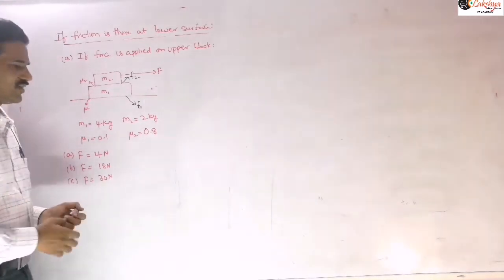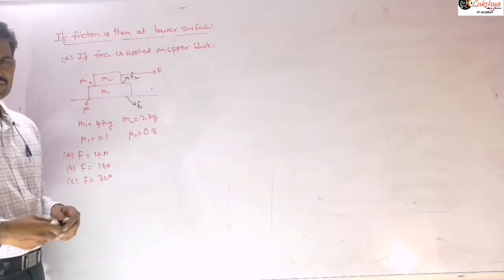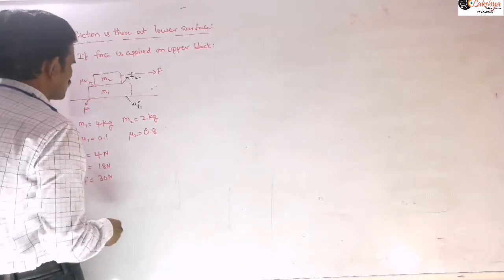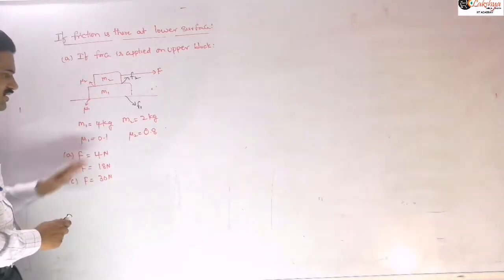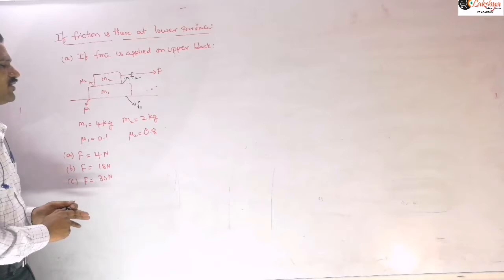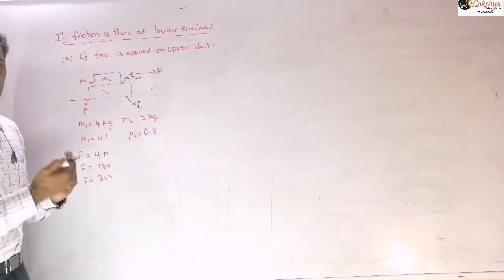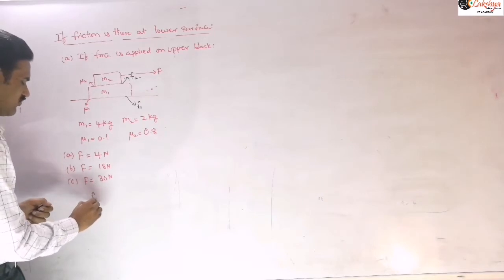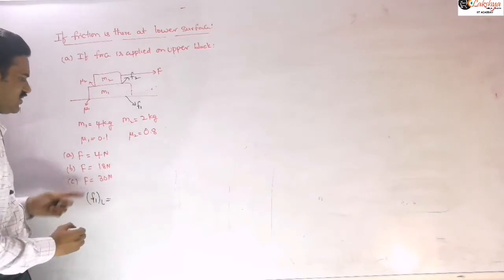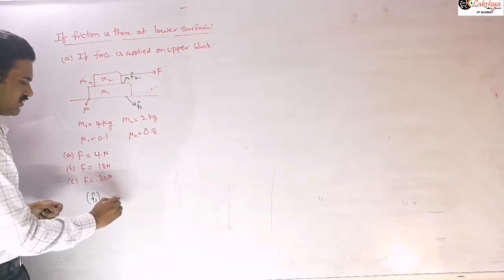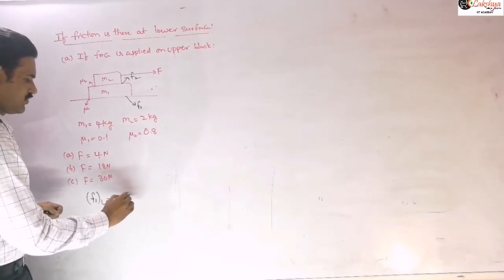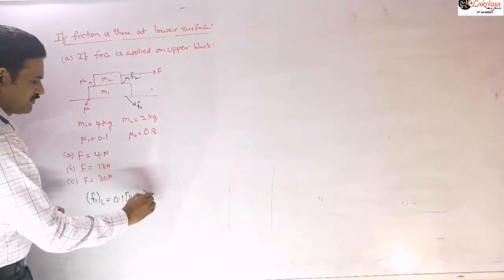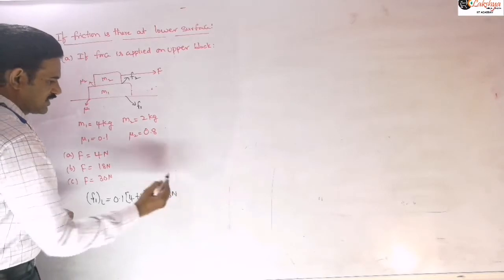And so here again, we need to calculate the limiting friction values here. So let us find these limiting friction values. So first I am finding this. This is the given data here for us. So we need to find A1, A2 and F1, F2 values. And so now I am taking again F1 limiting. So this mu1 remains the same. So mu1 into this problem is like 4 plus 2 into 10. So we'll get it is again 6 newtons.